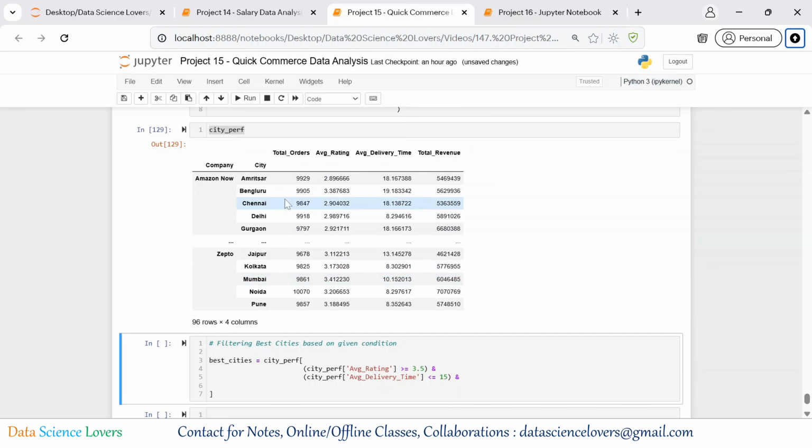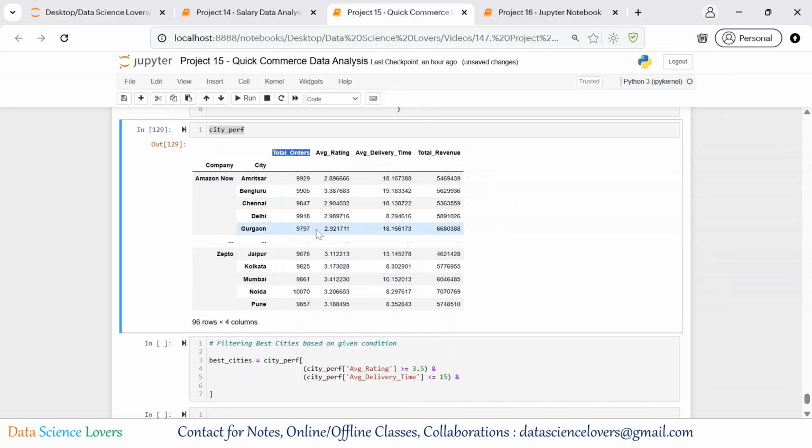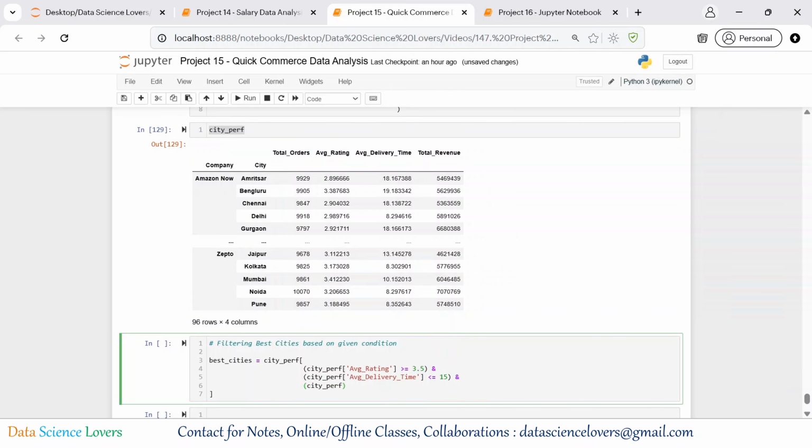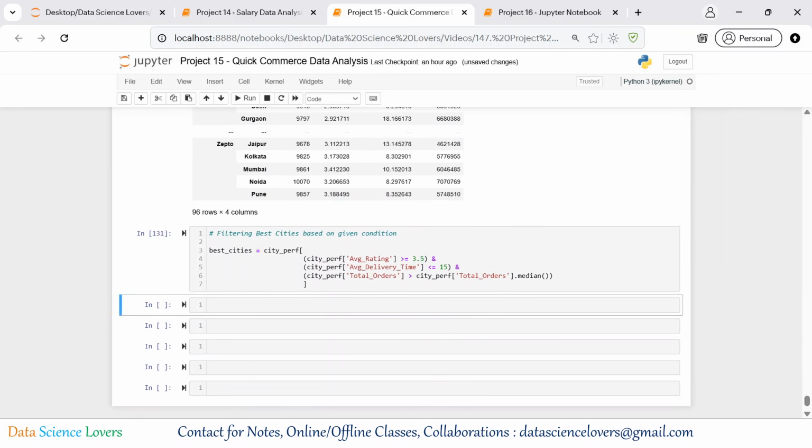The third condition we can put that the total orders should be greater than the median value of all total orders. Okay. For this we will consider the total orders column, and it should be greater than the median of this column. We have selected this column. On this we will use median function. So these are our three conditions. Run this, the command is executed, and when we will print the best cities